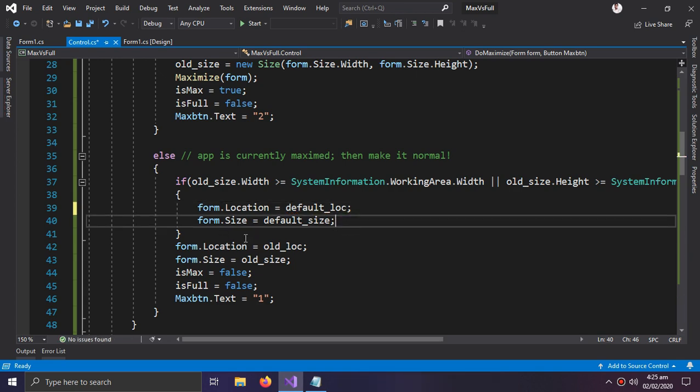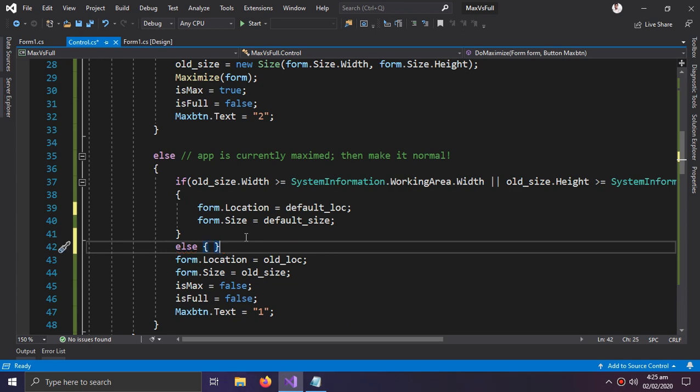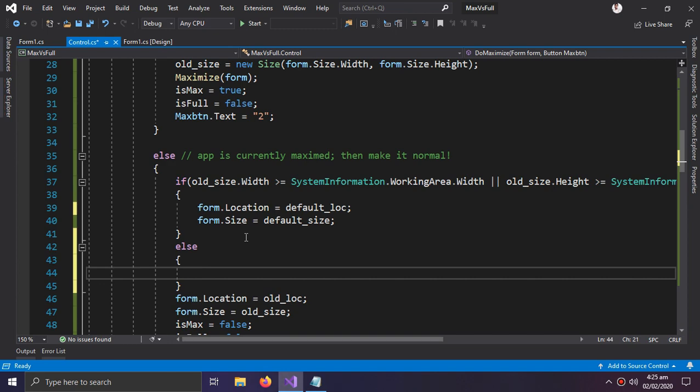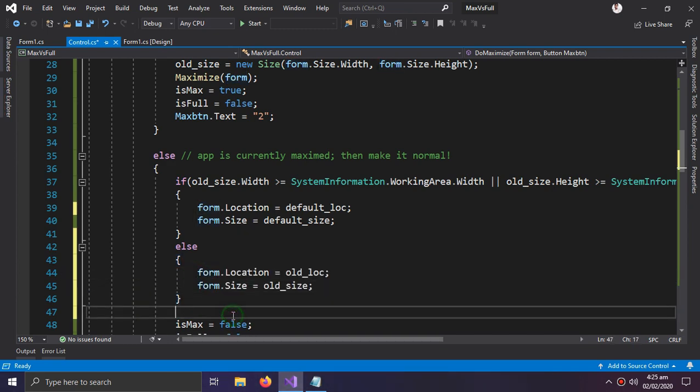So this is what we are doing here. Else, just turn them back to the old location and old size. So this is how we have debugged our application,